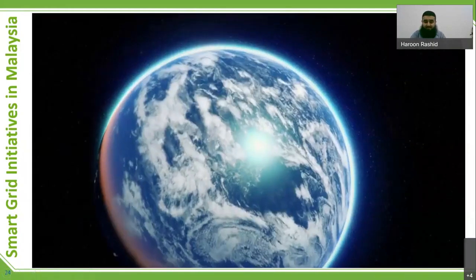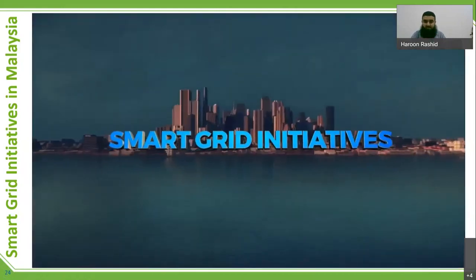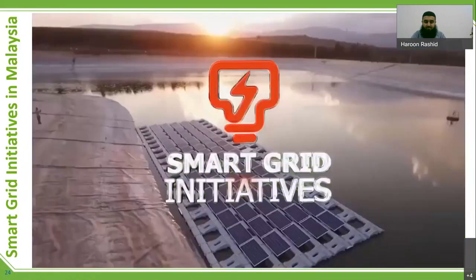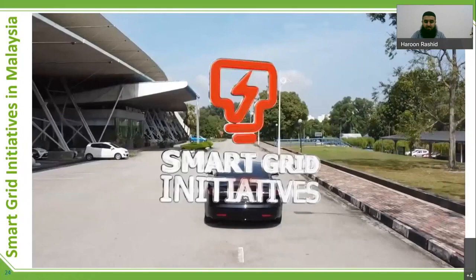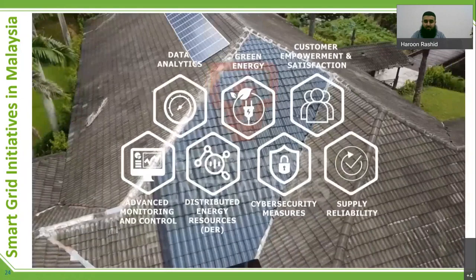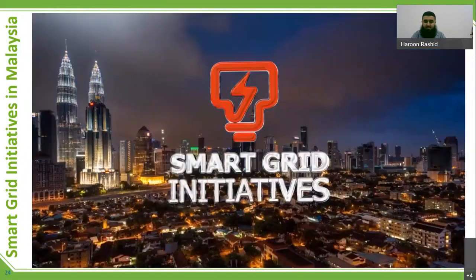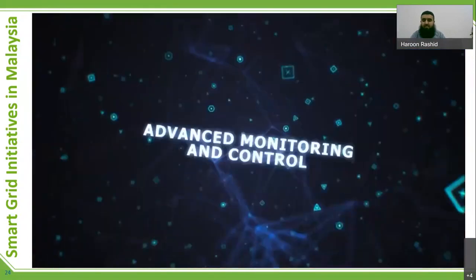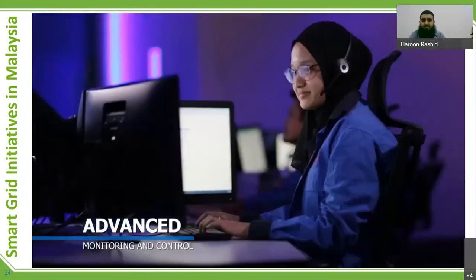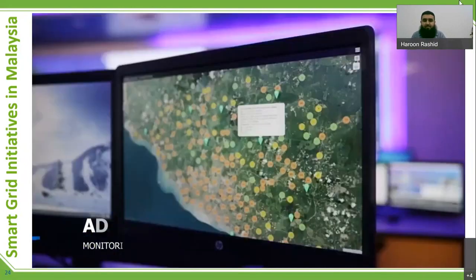Digitalization, compensation. The way our customers use energy has become increasingly complex. To reimagine the grid. To achieve this, TNB has embarked on smart grid initiatives to modernize the electric system and provide our customers with sustainable, flexible energy services. One smart grid initiative is to introduce advanced monitoring and control into the grid. Systems like our eyes in the network, where we can monitor and control the